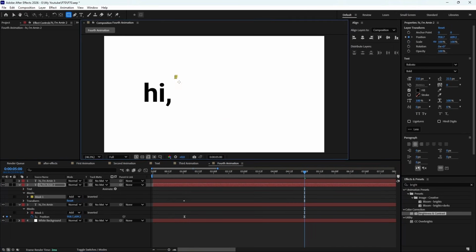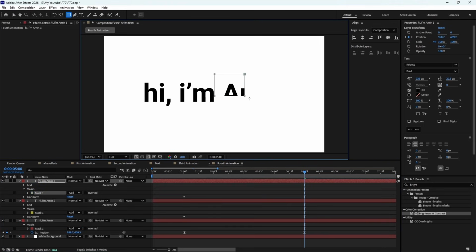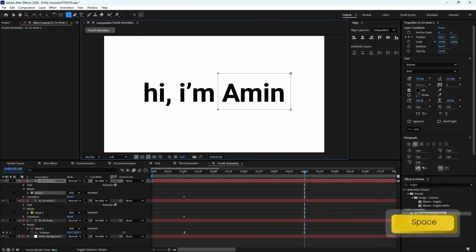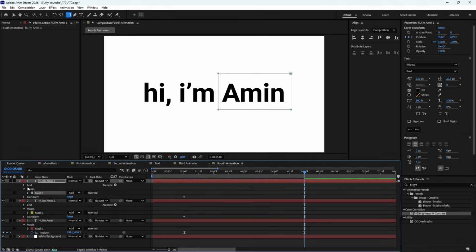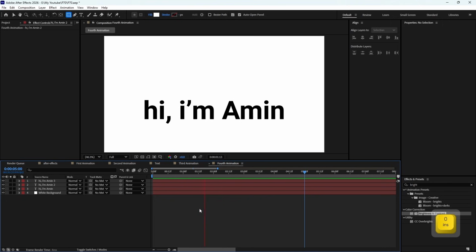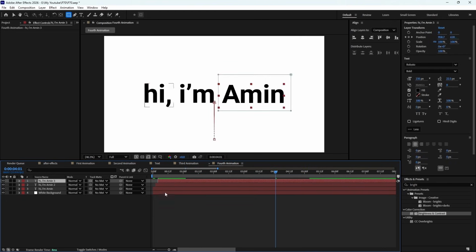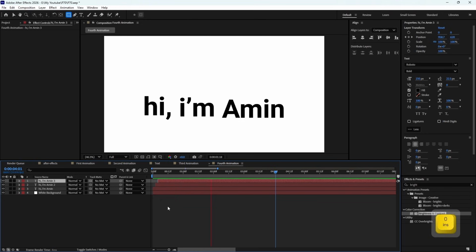If we now make the second layer visible and then use the rectangle tool to make it a mask, and we select "I'm", as you can see, this is the only thing that's visible on this layer. If we bring in the third layer, I'm going to mask out this one. And now each of the layers has just one word selected, okay? And as you'll be able to see, when we play this back, it's still the same animation. However, if we now pull this one back and this one back on the timeline, you'll be able to see